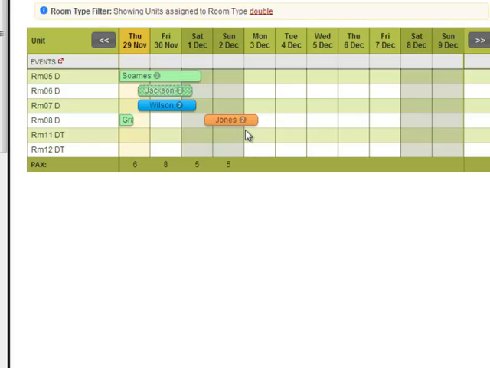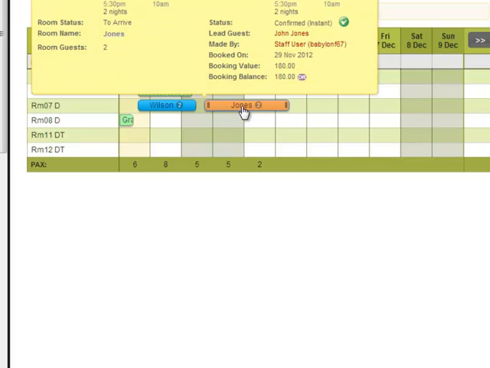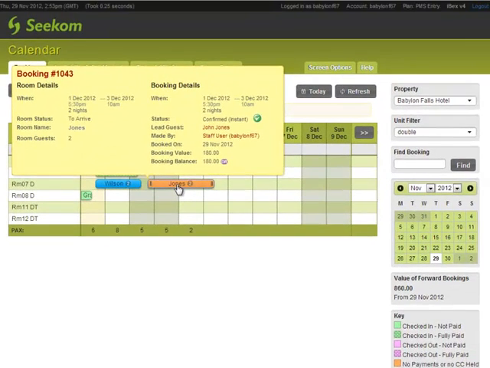Now if for whatever reason we needed to move this guest from one room to another, we can simply pick it up and drop it into another room. If the guest decided they were going to stay for an extra day, we can click and drag that booking on the calendar. So it really is as simple as that. And then what we can do is, if we wanted to go in and add any further information about this booking, if we click the booking record here,